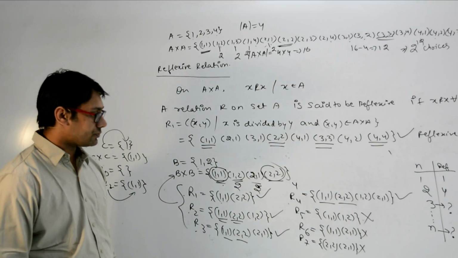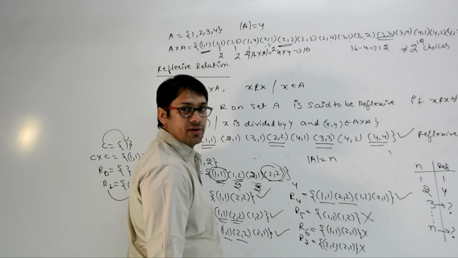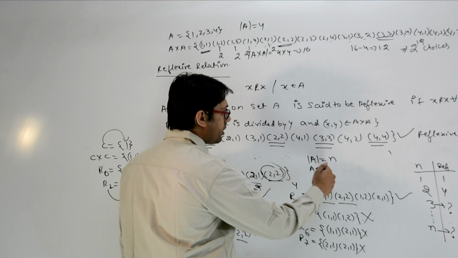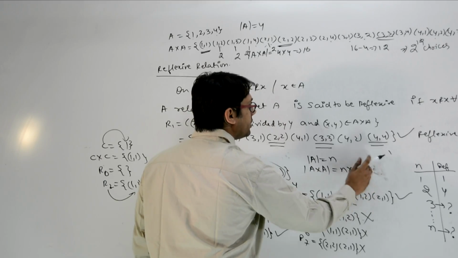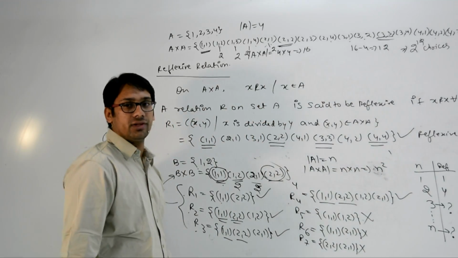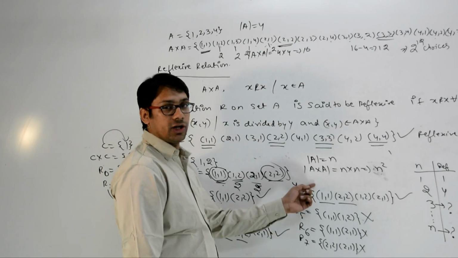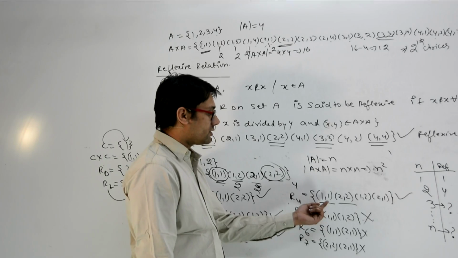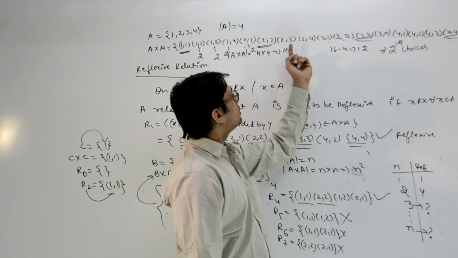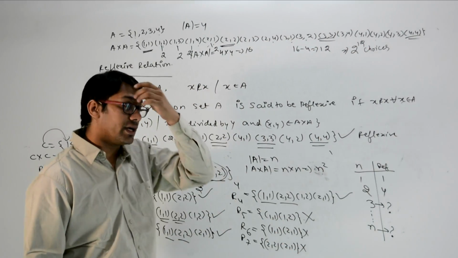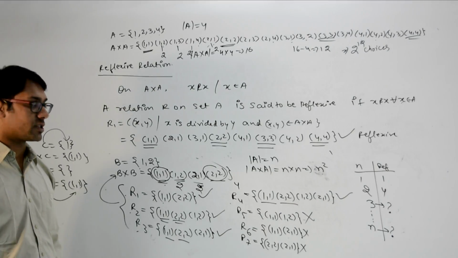In a simpler manner, if a set A is containing n elements, then A cross A is going to contain n cross n, that means n square elements. If a relation has to be reflexive, then obviously the ordered pair, which is the diagonal elements, that is 1 1 and 2 2. In this case 1 1, 2 2, 3 3 and 4 4. They are diagonal elements. If you write it in the form of a square, then you can find these are diagonal elements. Then these diagonal elements should be there in a reflexive relation.